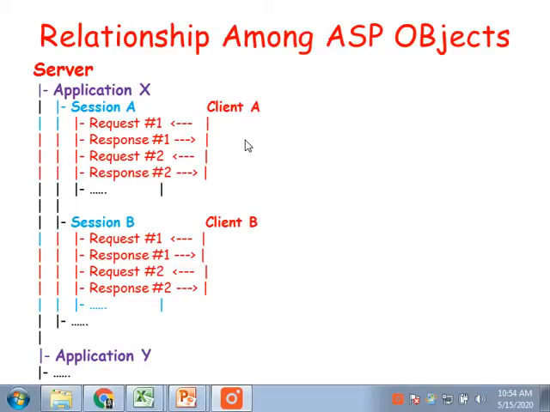Then the server object: whenever you submit any ASP program, you write that script. It is the combination of HTML and ASP coding. The ASP coding is extracted by the server system, which executes that instruction there itself and sends the result with the file submitted by the client. So this is the way all the objects interact mutually and work successfully for the success of ASP.